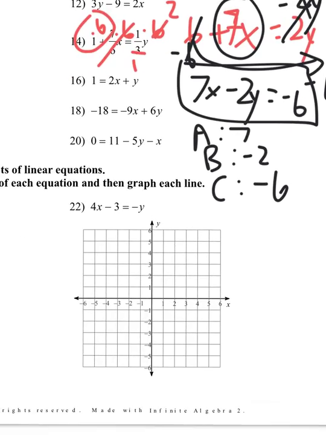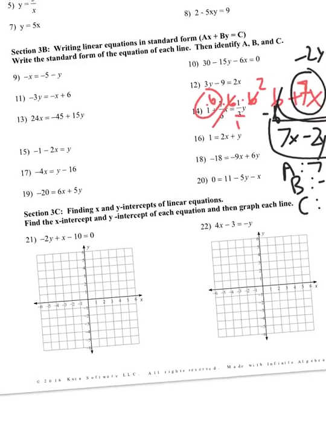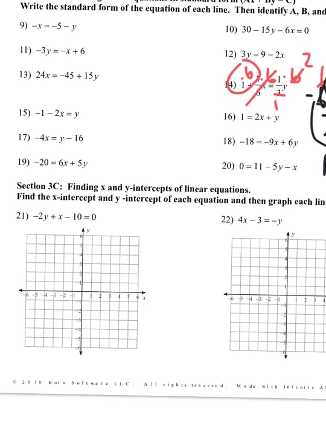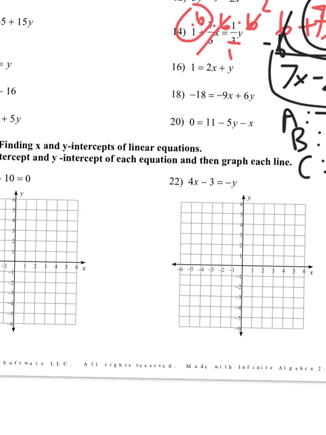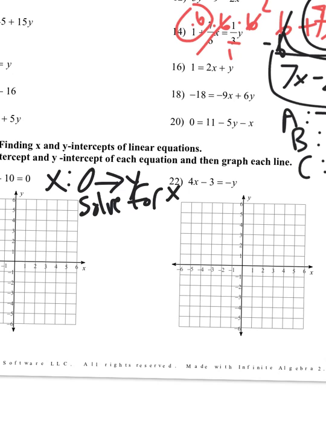Okay, let's move on. Next one we're going to do, now we're going to get into finding the x and y intercepts of linear equations and then graphing them. To find the x-intercept of a linear equation, you put 0 in for y. So let's write that down. To find my x-intercept, 0 goes in for y, solve for x. And you did some of this in intermediate algebra. To find the y-intercept, 0 goes in for x, and you solve